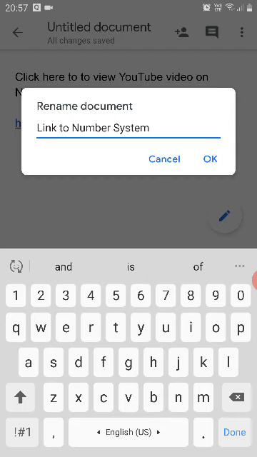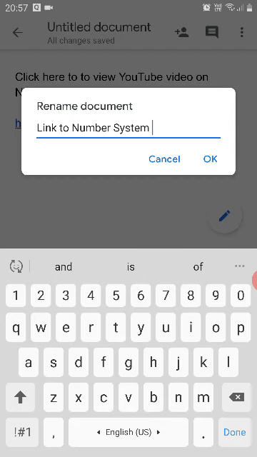Chapter 1 number system. Write as descriptive a name as you can, because hereafter you will have multiple links in your mobile PDF files, so you should be able to differentiate them as well. So you write down the descriptive name of your document, then click on OK.